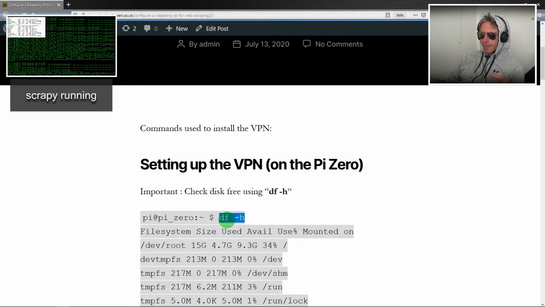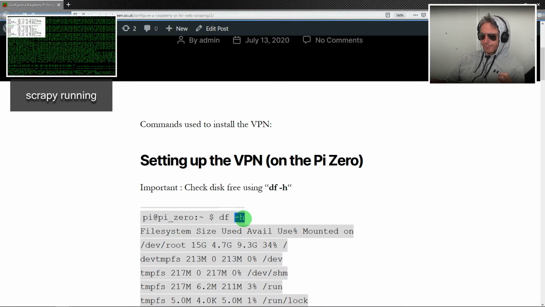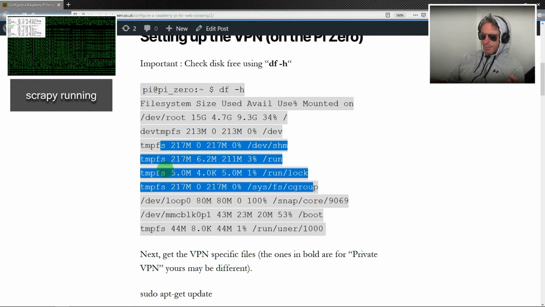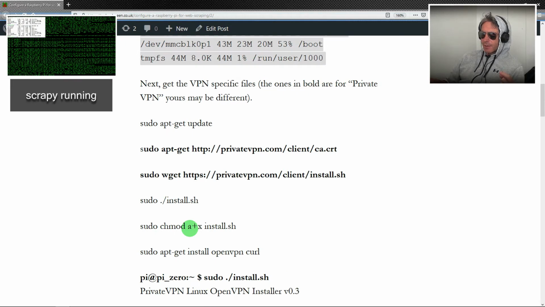df -h, disk free, space -h. I think the h means human readable. So on my Pi Zero, 15 gig, 4.7 and 9.3, used and available. 9.3 gigabytes available on the Raspberry Pi Zero, so that was looking promising. The other things I needed to worry about was whether the swap file or the temporary file was going to be big enough, and again, one way to find out. So before I could really test it,